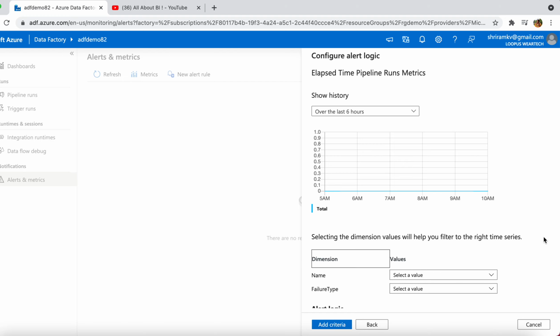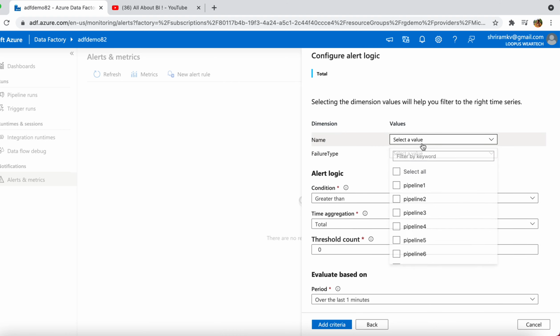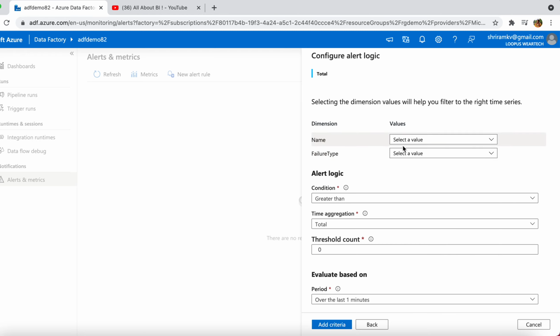Then you have something called dimensions. It's nothing but for which pipeline you need to attach this alert. You can have pipeline-based alerts, or you can have it for all pipelines. It's up to you. In case you want to do it pipeline-wise, you can choose it here. Then there is the alert logic: if something is greater than the threshold of 30 minutes.